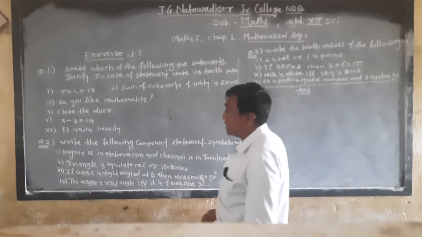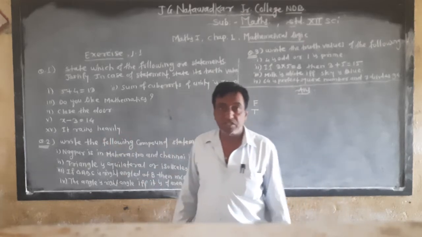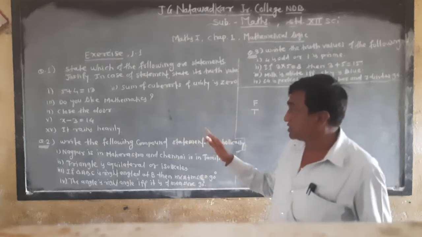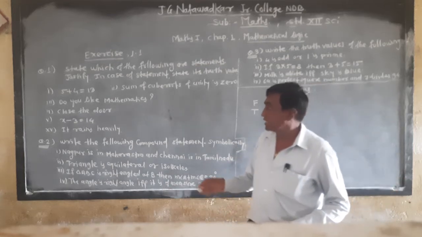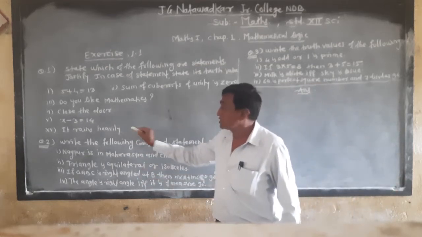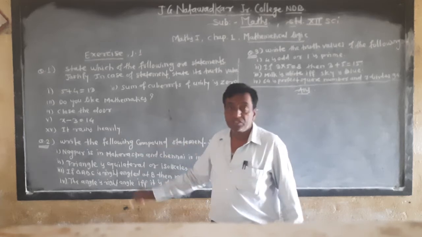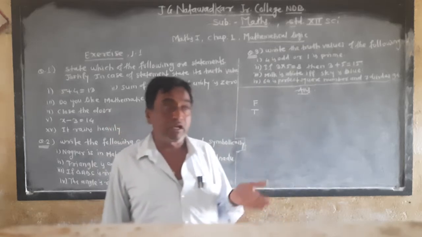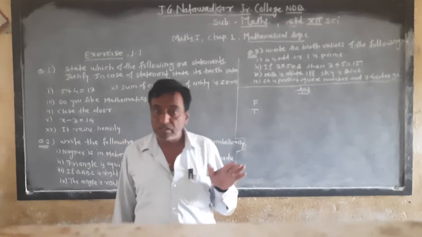After this, there is: it rains heavily. Well, where does it rain heavily? So this sentence is a half sentence, an open sentence, and open sentences are not statements. So this is not a statement. Understood? Which sentences are statements? Those which are either true or false, but not both at a time. These types of sentences are statements.